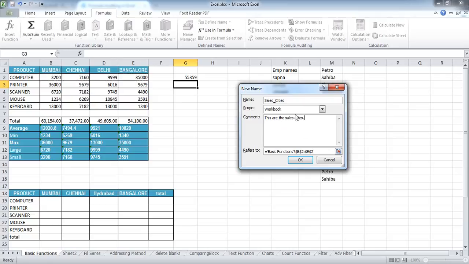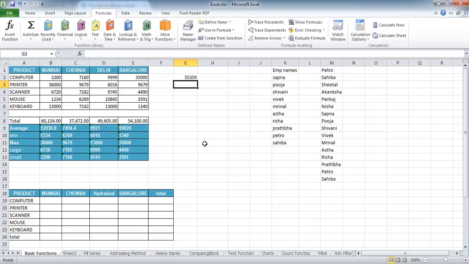There's one thing on this tab which we haven't discussed, which is the scope of this name. If you want to use this name across the workbook, you need to leave the default value selected over here. But if you want it to be applicable only to a specific sheet, say Basic Functions itself, you can go ahead and select it from the drop box and click OK. But based on my experience, the best thing is to leave Workbook selected over here and then press OK.